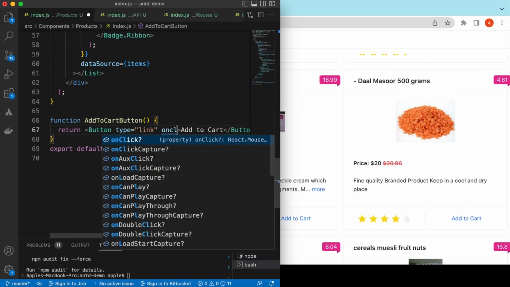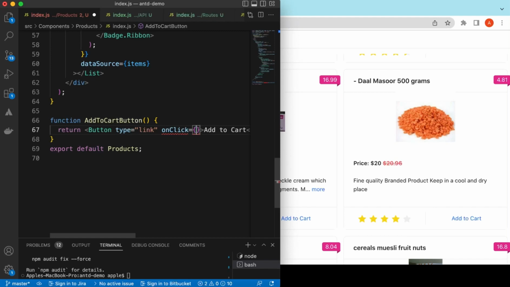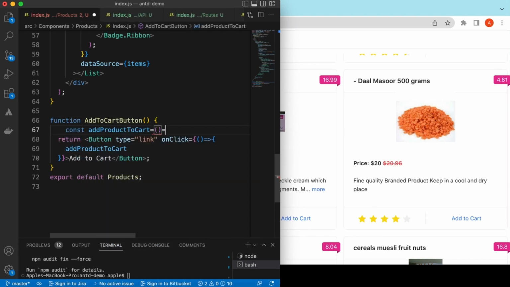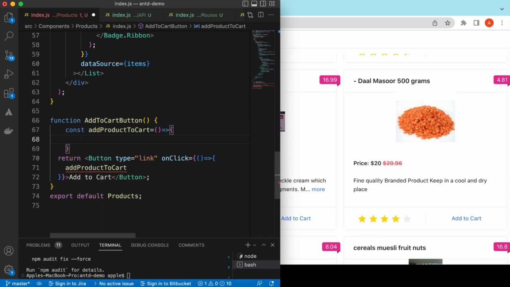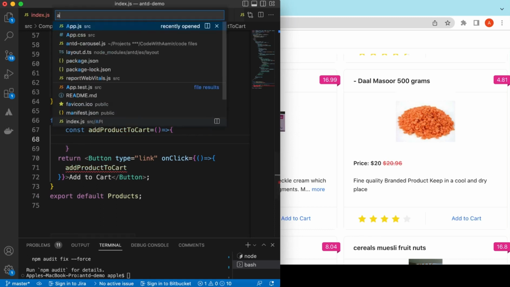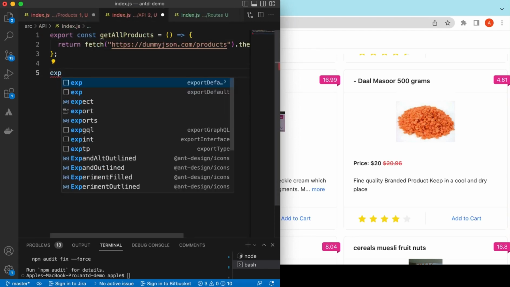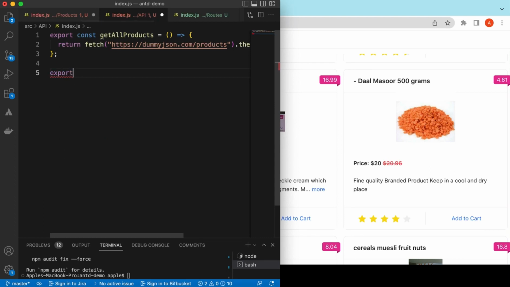Okay, it's again the same, right? And we can add an on click function here. We can say it's an add product to cart, and copy this one, and we can create this function add to cart, and here we will be calling our API function. So we can go to the API and create a function. We can say export const add to cart,